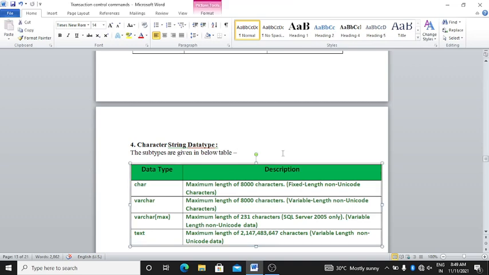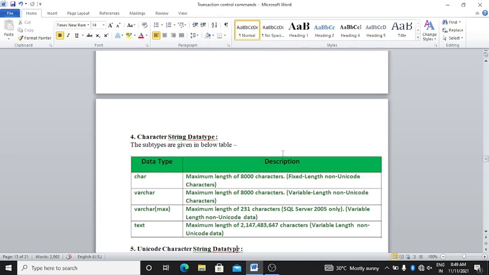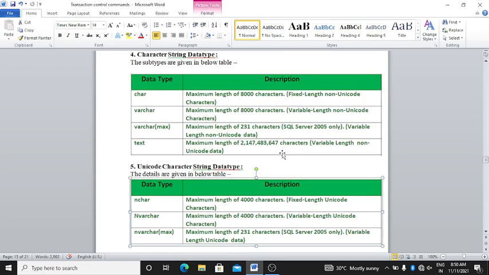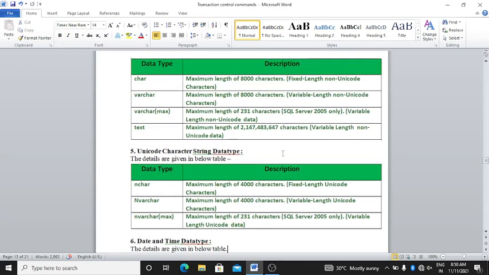Varchar is a variable length non-Unicode character, and its maximum length is 8000 characters. Varchar max is in SQL Server 2005 only. Variable length non-Unicode data, and its maximum length is 2^31 characters. Text is also variable length non-Unicode data, and its maximum length is 2,147,483,647 characters.